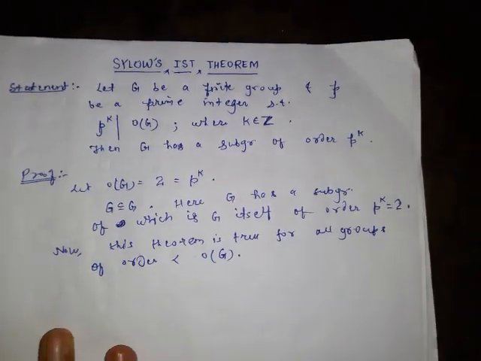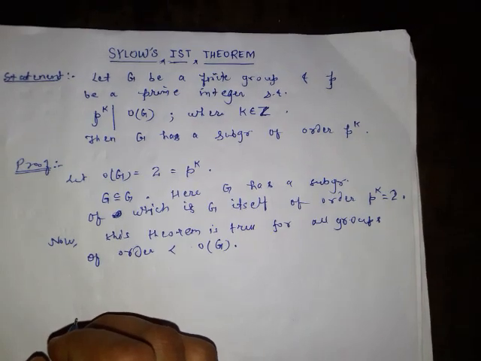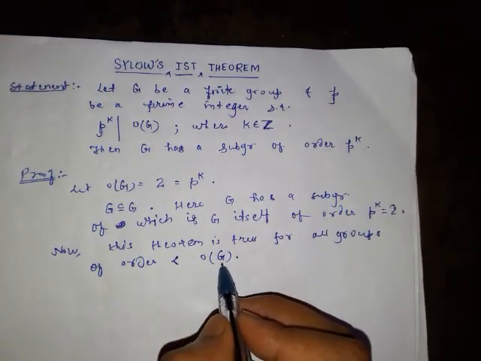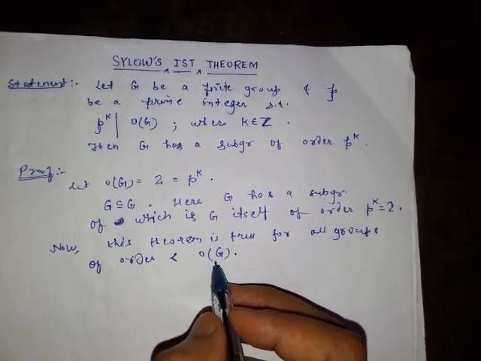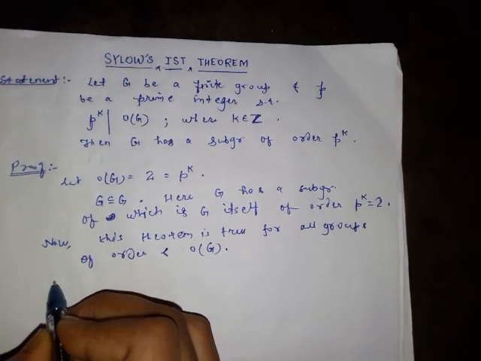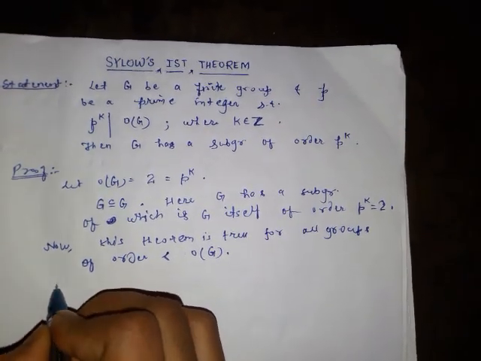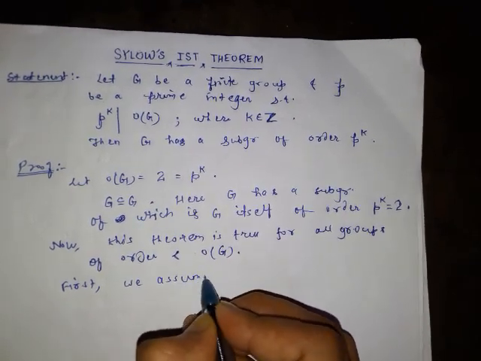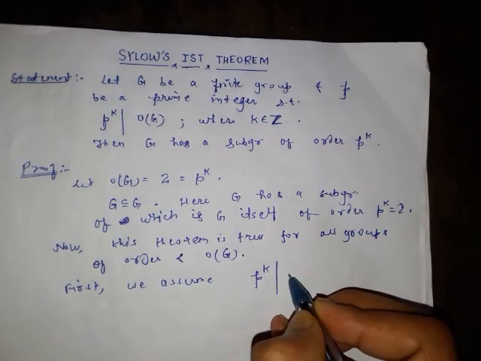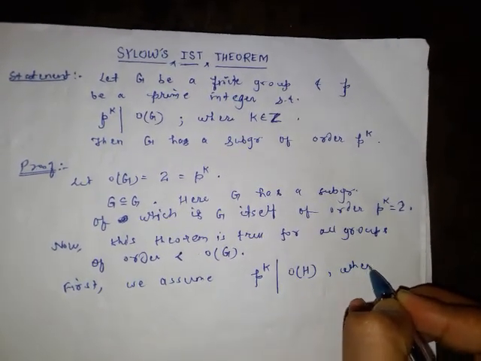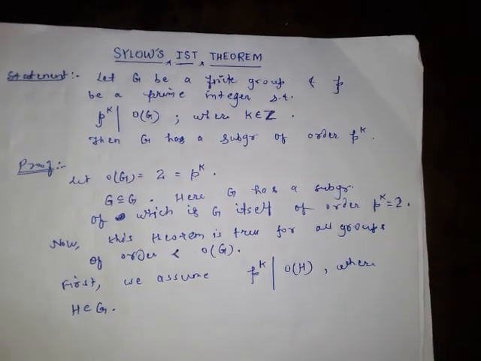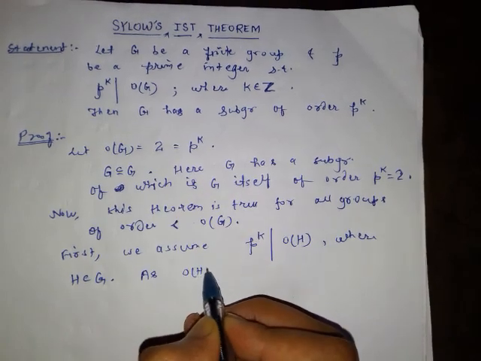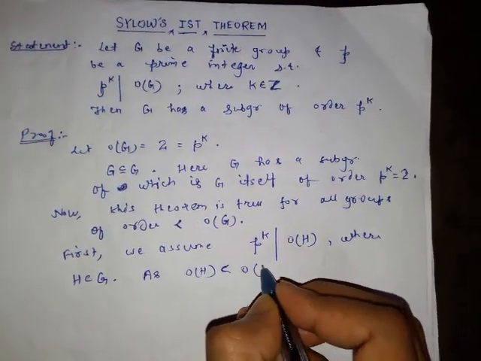And now we will prove that this theorem is true for the group G. That means the order of the group is equal to G. So first we assume p raised to the power k divides the order of H, where H is a proper subgroup of G. Now, as the order of H is less than the order of group G,